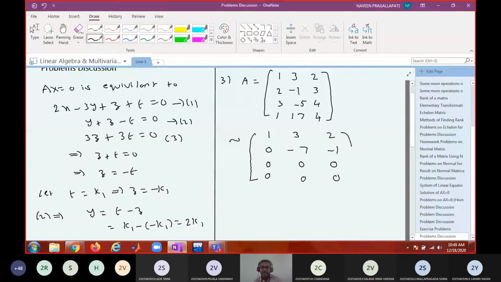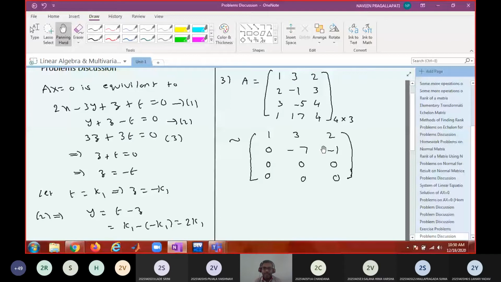So I know the rank is 2. That is the correct one, because it is a 4 by 3 matrix and rank cannot exceed the minimum of m and n. At most the rank can be 3, but in this case the rank is 2, the number of non-zero rows. Any discrepancy? All of you got rank 2? If you don't get rank 2, please go through your calculations once again. Rank must be 2.